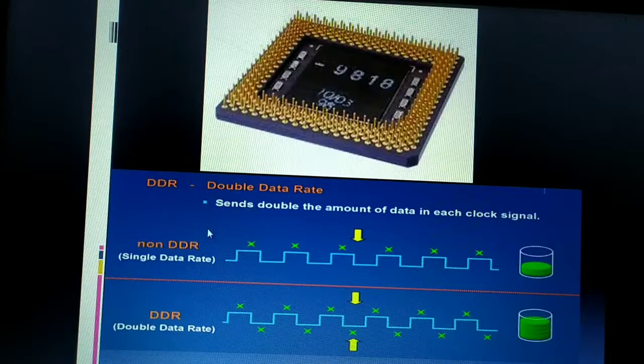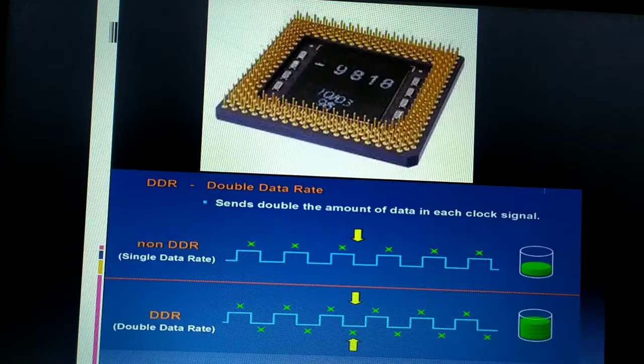So this baby AT, we know that it is having a slot type processor as well as the PGA, that is pin grid array processor, plus it is having the RAM slots like synchronous dynamic random access memory and the double data rate random access memory. Apart from that, it also has the PCI slots and the ISA slots. We know that PCI stands for peripheral component interconnect, which is used to connect the graphics card. Graphics cards are usually used for gaming purposes, and also sound cards. Whereas ISA stands for industry standard architecture slots. They are used to connect modems, internal modems.